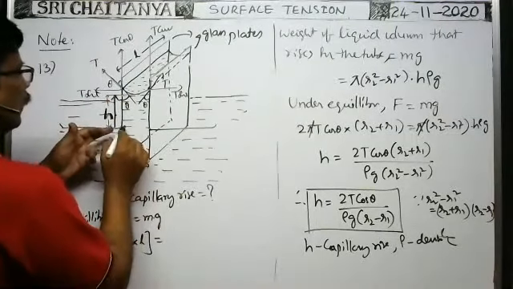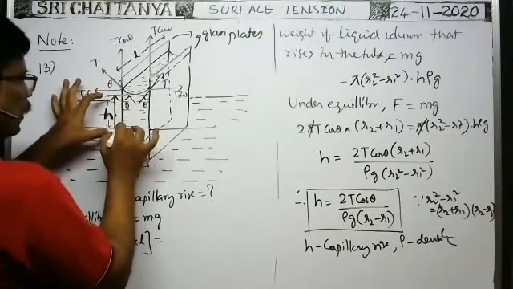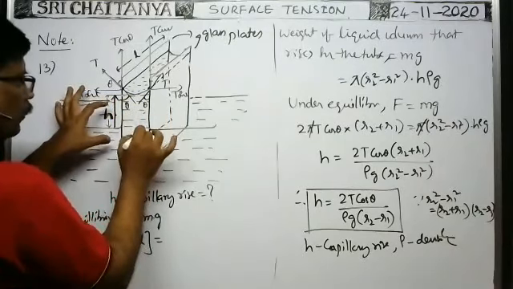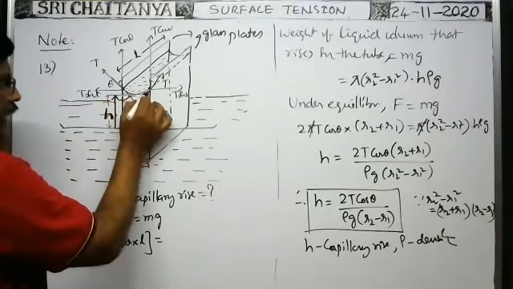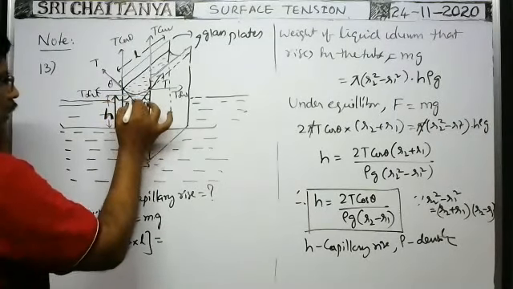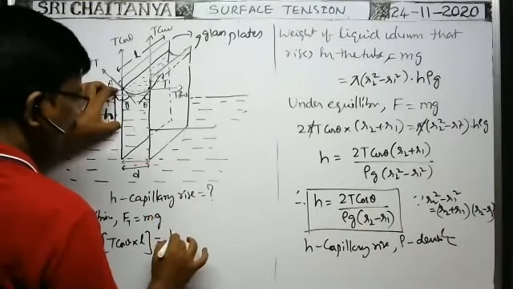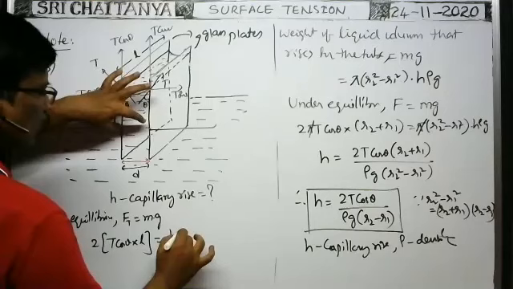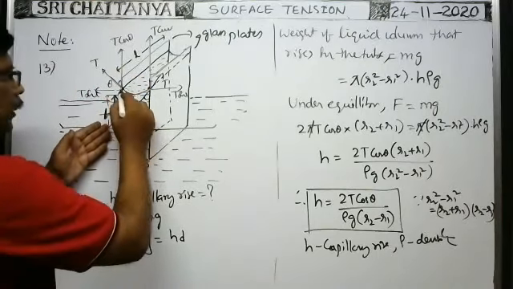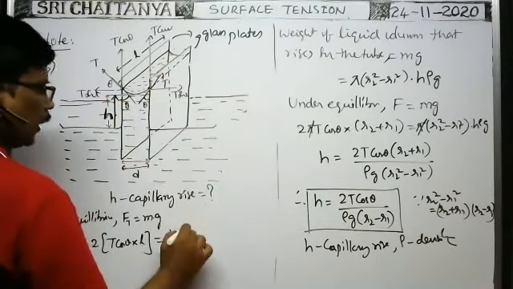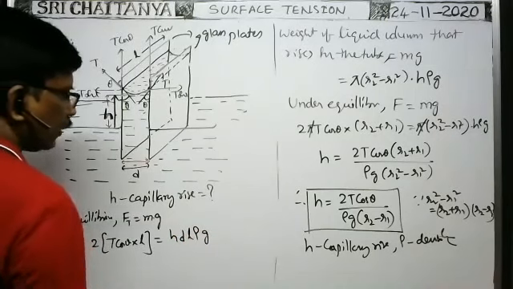the weight of the liquid column. Here you see, this is the distance between them and it is the height. So distance into height gives the area of cross section of the liquid column, into length gives volume. Of course, here the size of the meniscus can be neglected when compared with the height of the liquid column. So the height of the liquid column that rises in the capillary tube into the distance between the two plates d gives the area of cross section of the liquid column, into the length of the liquid column gives the volume of the liquid column, into density gives the mass of the liquid column, into g, the weight of the liquid column.